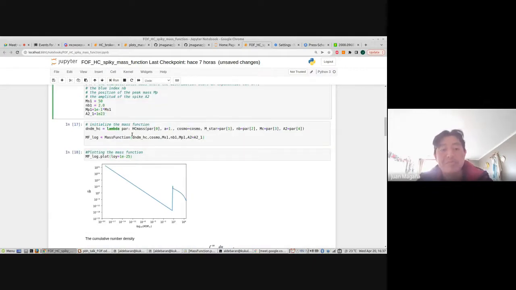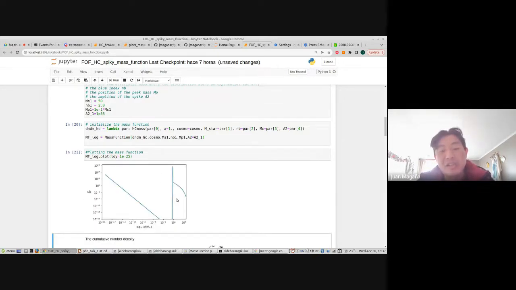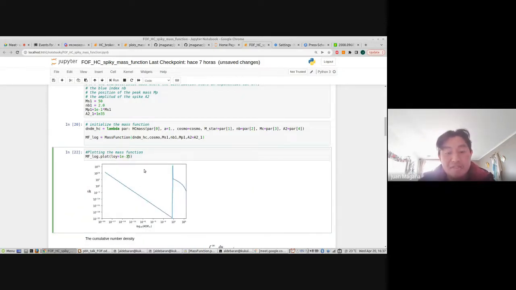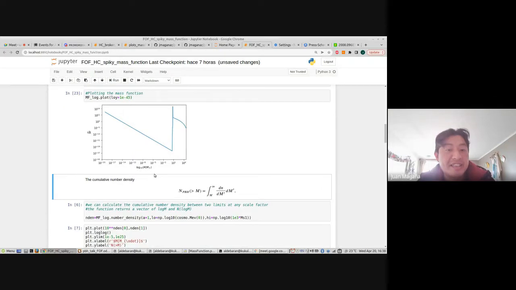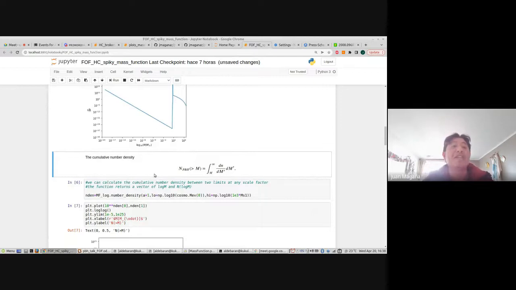I can consider another value for the amplitude A2, for example, 10^35, and I get a more spiky mass function. For example, if I decrease the lower limit in the y-axis, you can observe the spike. That is how to change this mass distribution. Also, I can calculate the same quantities that Joaquin explained before, together with Nelson, for example, the cumulative